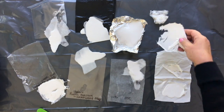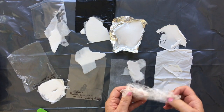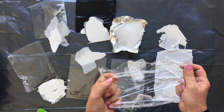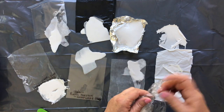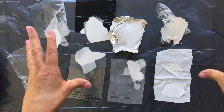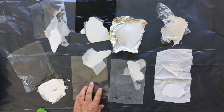I've had issues with cling film before. I'm sure you all know Sue Finley does these resin sculptures, and this is what she uses. I did try one and I couldn't get it off, and I don't know if that's because it had too many creases and wrinkles and trapped the resin. So I was looking for an alternative because I want to make one of those beautiful resin bowls. And I think I'm going to go with